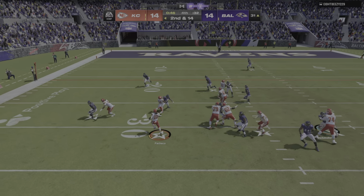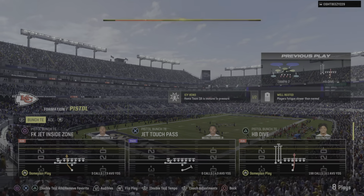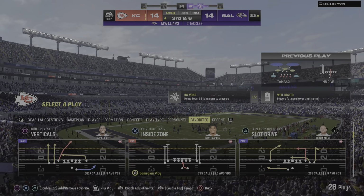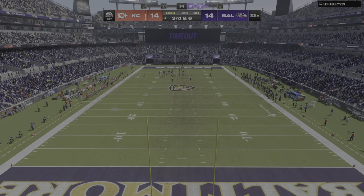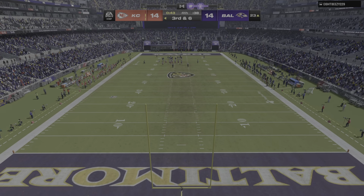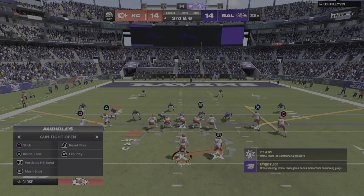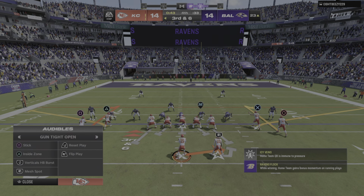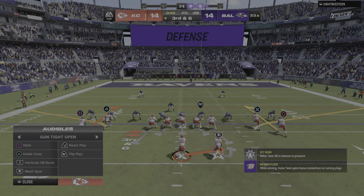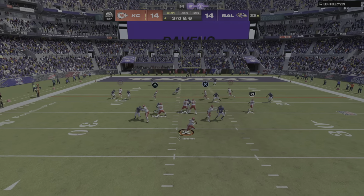Pacheco gets it again on 2nd down. They'll get it to the 23-yard line. Ravens going to use their 3rd and final timeout as they'll stop it with just over 40 seconds to go in the game. On a 2nd and long, it's really nice to see an offense that has enough confidence to run the football in that situation. I think that goes back to their practice and game planning. They've seen things that they've seen on tape and in previous games that led them to believe that even in a long-distance situation, they can still run the football and gain enough yardage to put themselves in a good spot